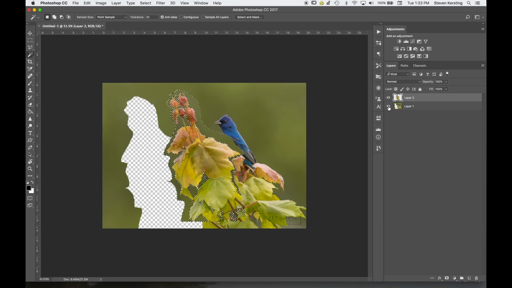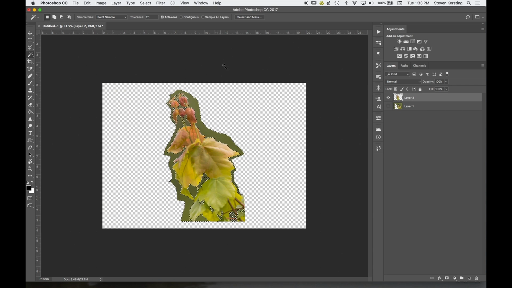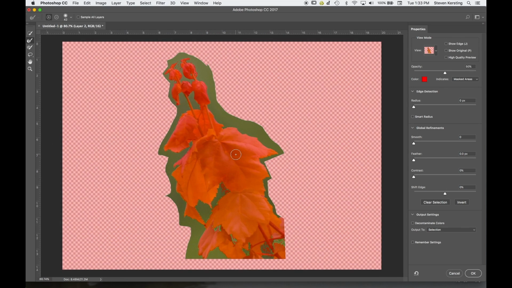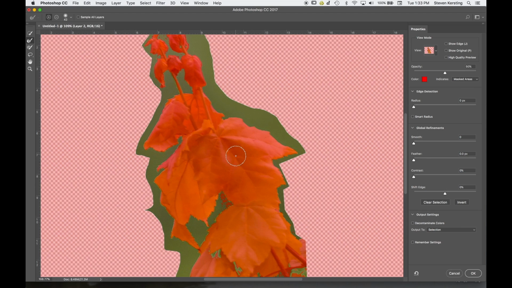I'm going to turn off the background layer so we can see exactly what we've got going here. I'm going to go into Select and Mask, and it's showing my edges of what's selected. It's a little sloppy there. It's not got enough covered there, and these cutouts can be pretty harsh. So what I'm going to do is apply a little feather to this, and I'm going to expand it so that